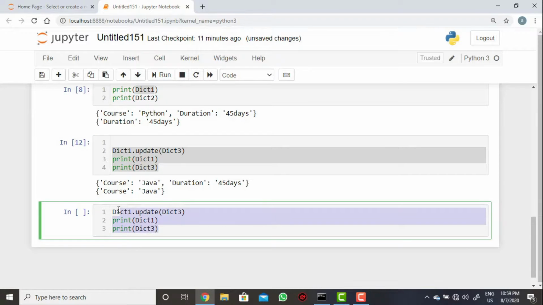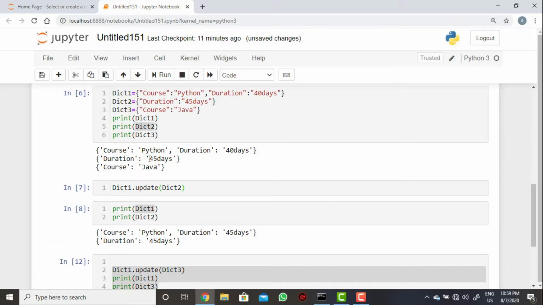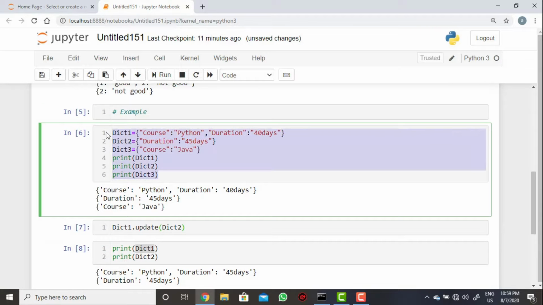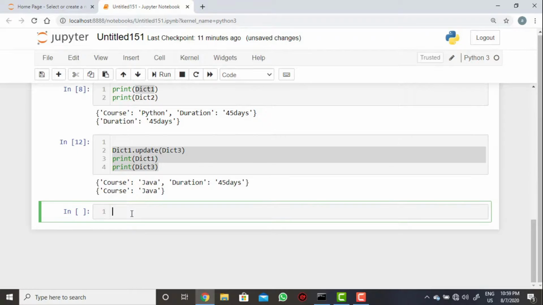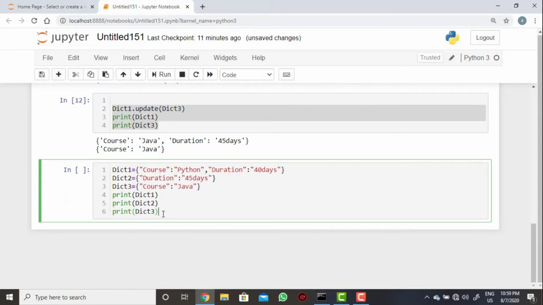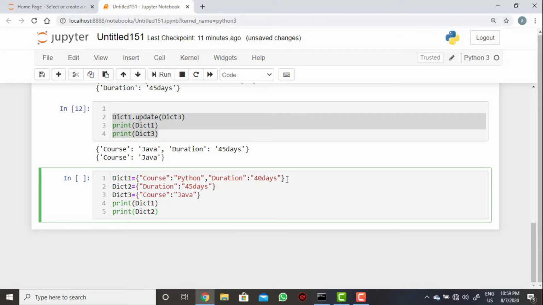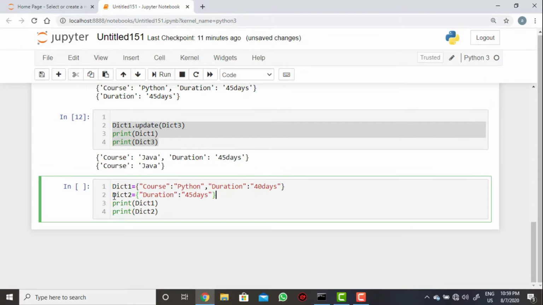For example, I am taking three examples here. Let me remove dict3. So I have two dictionaries, dictionary 1 and dictionary 2. In dictionary 2 I have a new key.